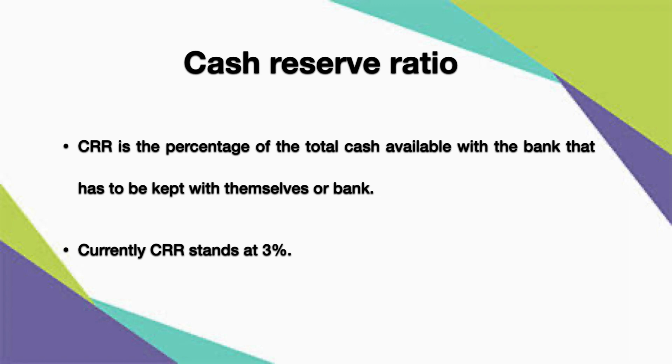So one, it is a percentage that is kept with the bank itself, or next, the percentage is to be kept with whom? The RBI. Okay, it is a regular or fixed percentage that has to be kept with the RBI, the central bank, and the remaining will be dealt with by the bank for its operations. Currently RBI's rate is 3%. Is that clear? So statutory liquidity ratio is what the bank will keep with itself. Cash reserve ratio is the percentage of money the bank will deposit with the Reserve Bank of India.